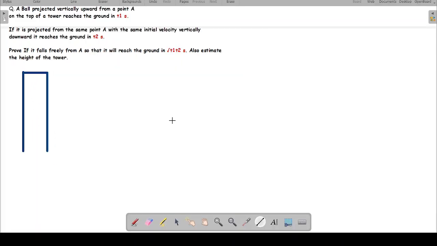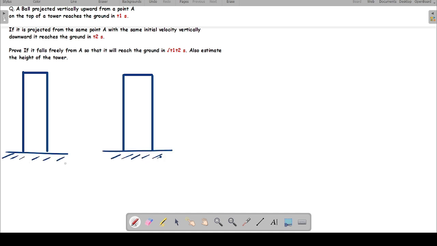So today we'll solve a numerical where a ball is projected vertically upward with a velocity u from a point A, which is on the top of a building, right? A ball is thrown with the same velocity u, as written in the question. We need to calculate that if it falls freely from the same point, then the time